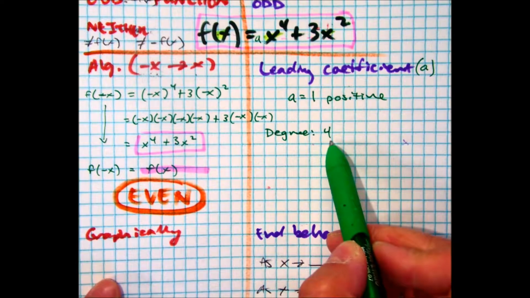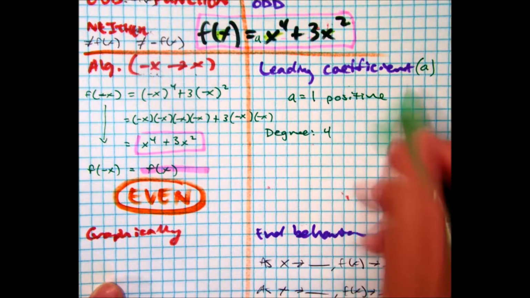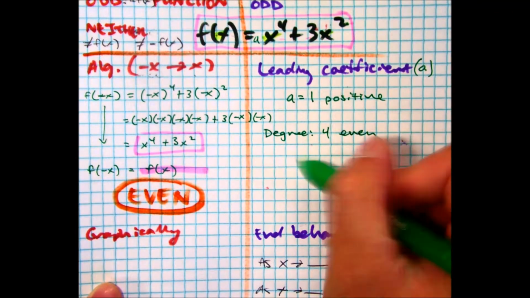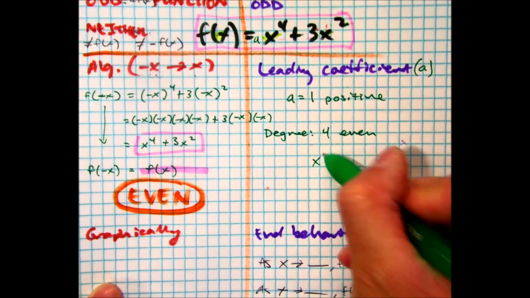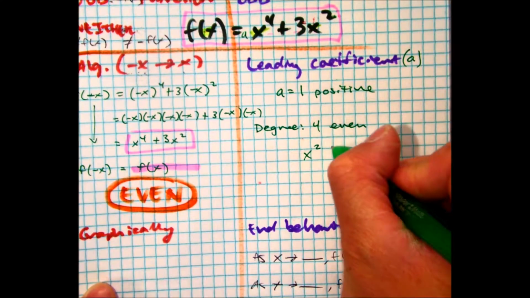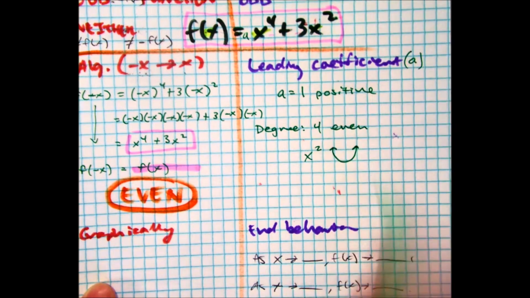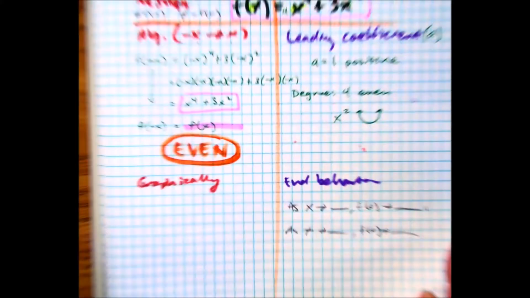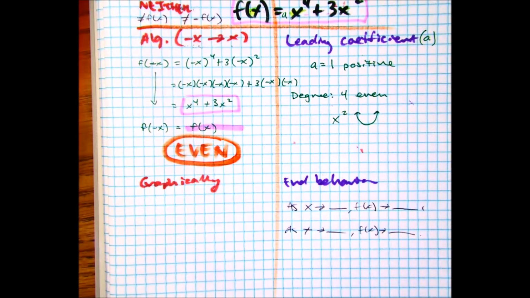In class, is this an odd or an even? Even. Well, think back to the easiest even we know. That would be x squared. That's an even. And that graph is just going to look like a parabola. Opens up, ends up. So now if I give myself a visual,